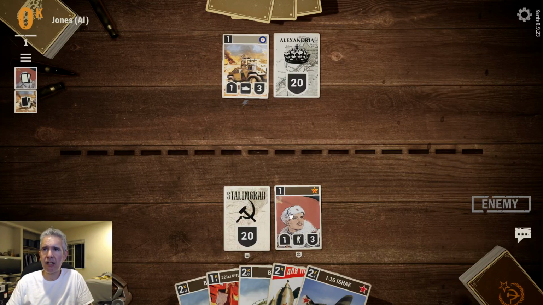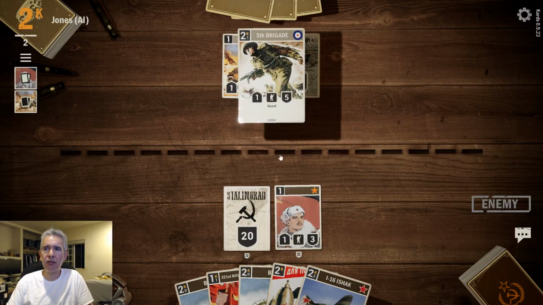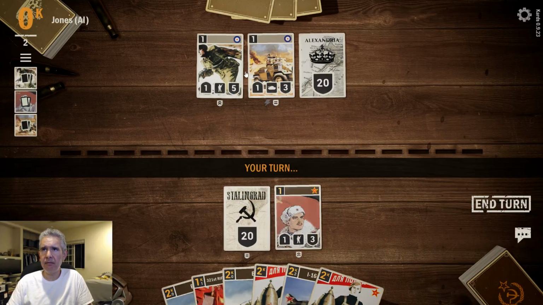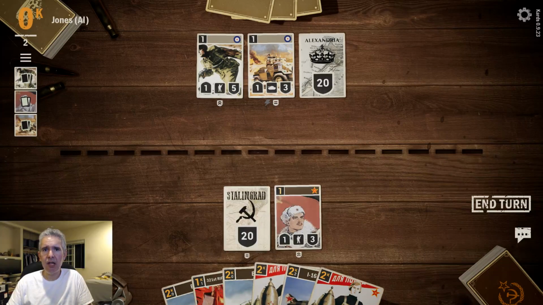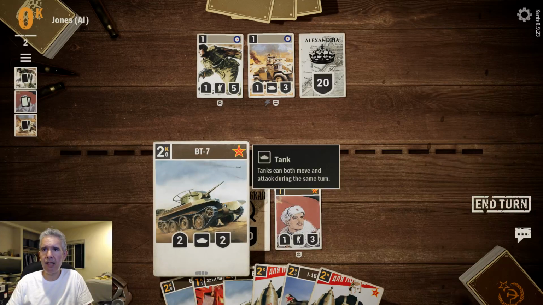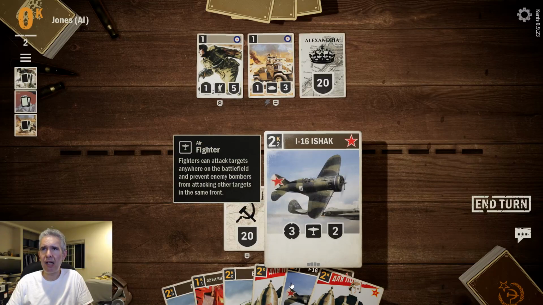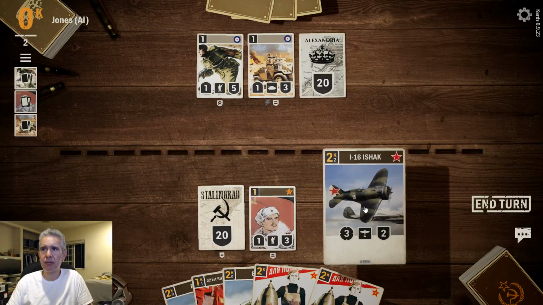Now, let me explain. Next turn we'll have 2 credits. This guy has 1 credit, so if I move up, it uses a credit. He can't move up and attack at the same time. Now, he's way ahead of us on stats-wise. So like right here, we have 2 credits, so we could play this tank, we could play this tank, or this plane. So we're probably going to play the plane because planes can do...